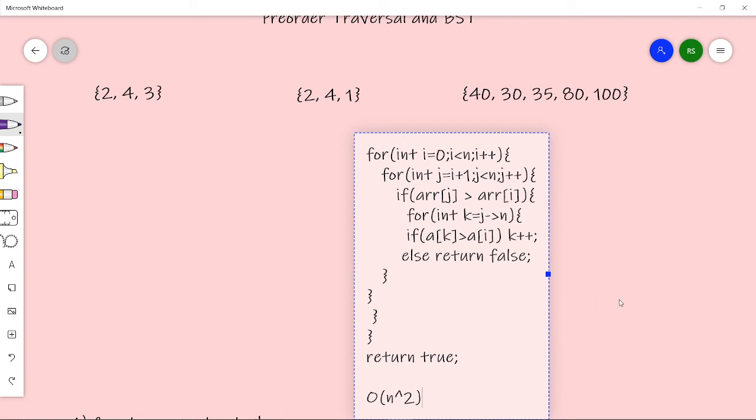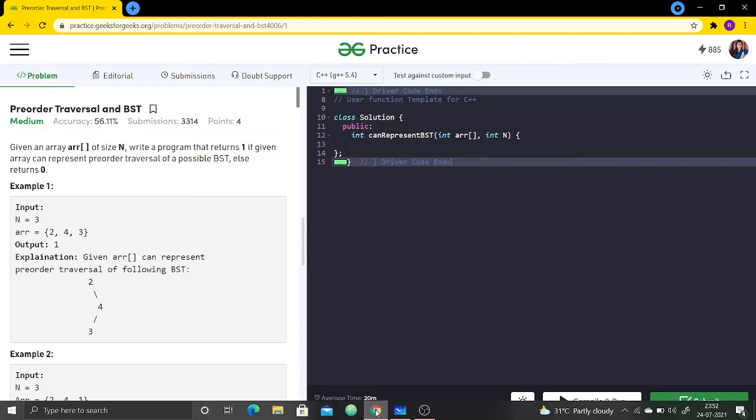So let us now try to optimize it. See, what we are actually trying to do is find the next greater element for every element. So for this, we know a very famous data structure that can solve this case, which is the stack data structure. So we will use a stack, which will give us all the next greater elements, and we can simply do this in big O of n. So let us try to code it now.